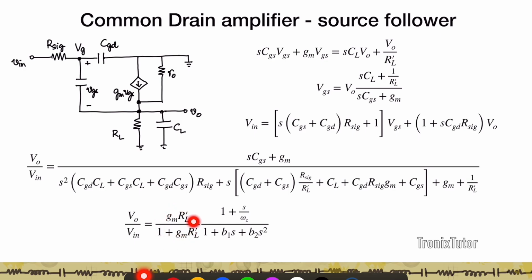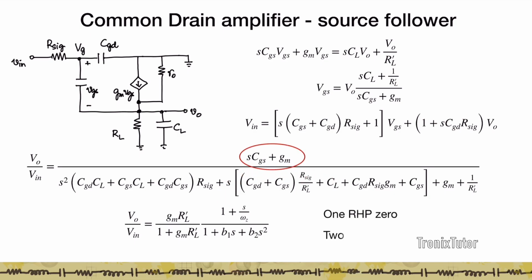Now this is the midband gain. And you get 1 zero and 2 poles, right? And so the interesting thing here is that the zero is on the left hand plane, right? So this is minus gm by CGS, it's a left hand plane zero. And then you're going to get 2 poles